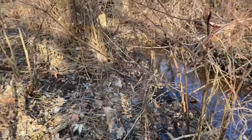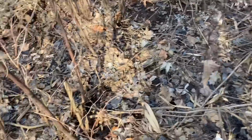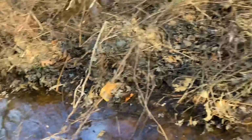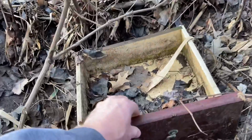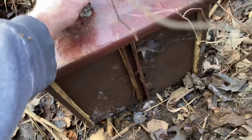Had to check out an area that was a tip from a good friend about a bottle dump. I'm not exactly sure where it is, but I have a feeling I'm in the right area because this is all wetlands. And that is definitely where they dumped bottles years ago because you couldn't use the land for anything else. I found an interesting drawer with a cool little handle on it,